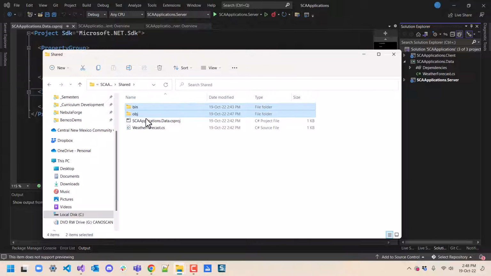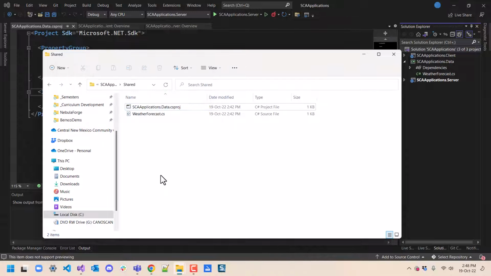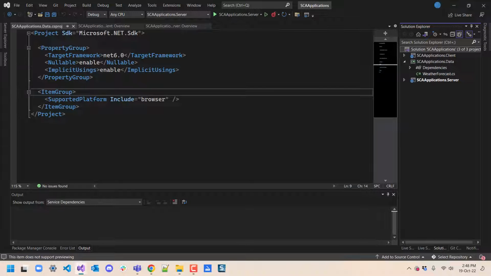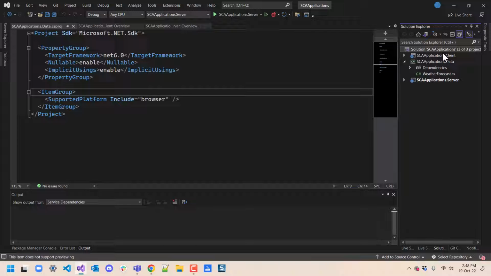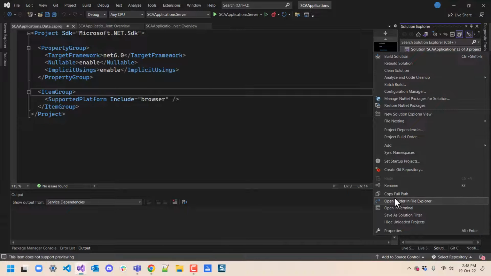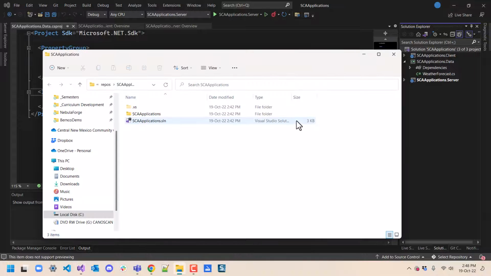I'm going to delete these two bin and obj folders. And what I'm then going to do is, because I want this directory to have the same name. So one of the dangerous things to do is actually changing these folder names. So I'm going to go ahead and do that. I'm going to rename this